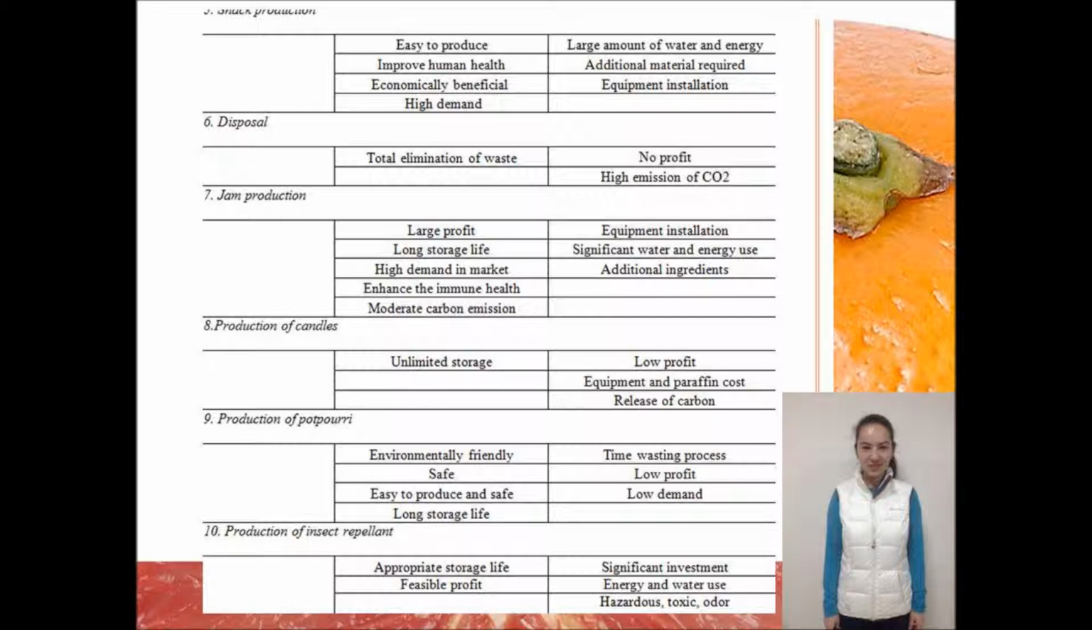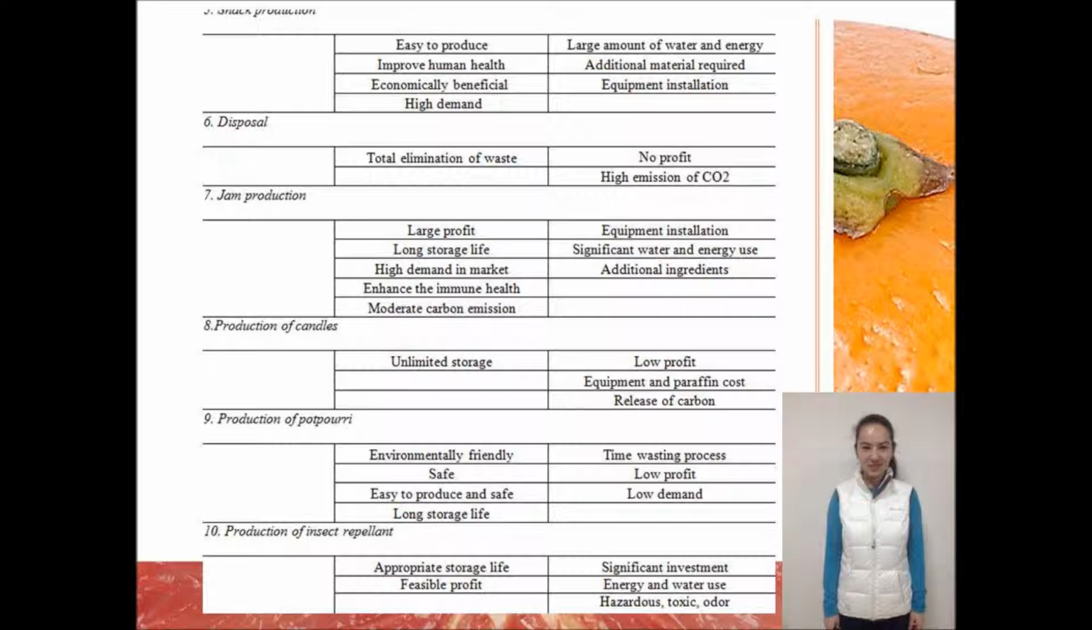Snack production. It's one of the famous ways of using orange peels. Snacks could be made even in domestic conditions with limited resources. It's easy to produce, also beneficial for human health, eco-friendly, and highly demanded. The disadvantages occur only on an industrial scale, which include large amounts of water and energy consumption, additional materials required, and